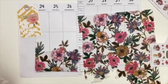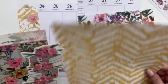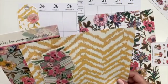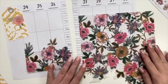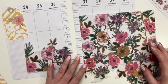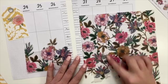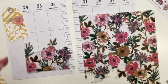So I definitely want to bring some of this paper in to match the tag. So that's kind of the plan for those. Let's go ahead and figure out what I'm doing with this. This is a really intricate piece, and it's kind of hard to find places to cut